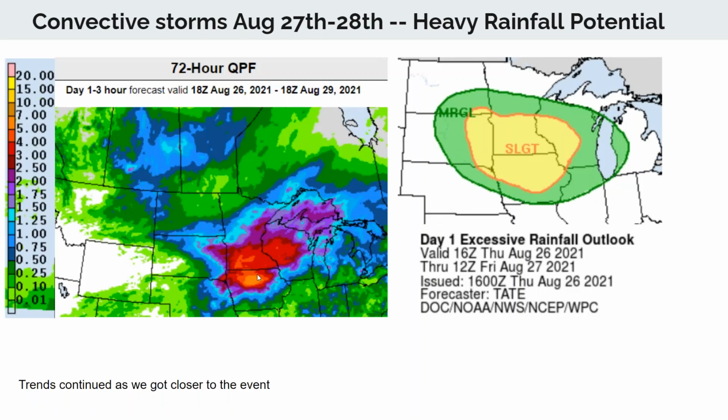This is the next example. This is a QPF from a 3-day QPF coming up. The center moved a little bit farther south, but still covering a fairly large area. The ERO for day 1 had a large part of pretty much our entire CWA and encompassed quite a few CWAs actually for this event. So we were looking forward to a little bit of rain, hopefully not too much though.